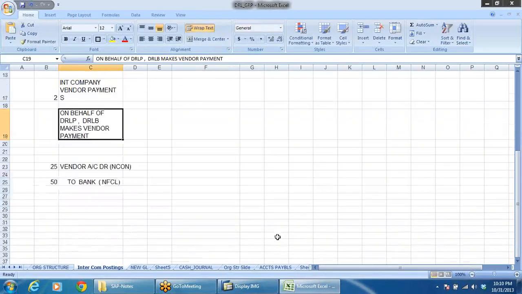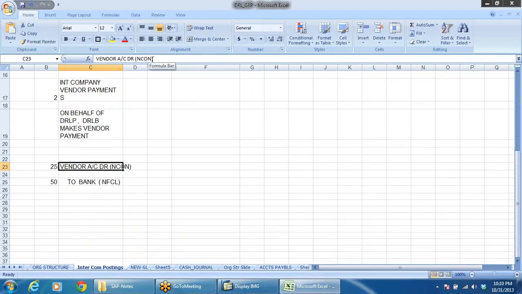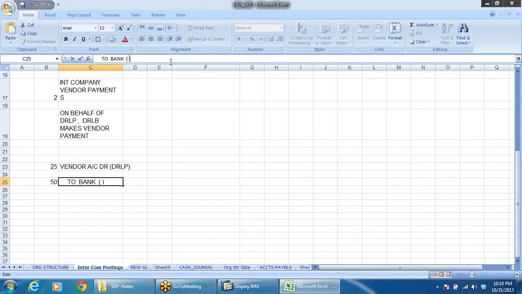In such a case, vendor account is debited, of DRLP, to bank, because here